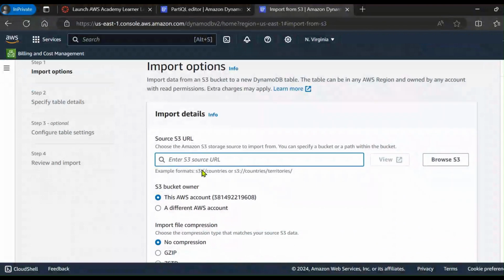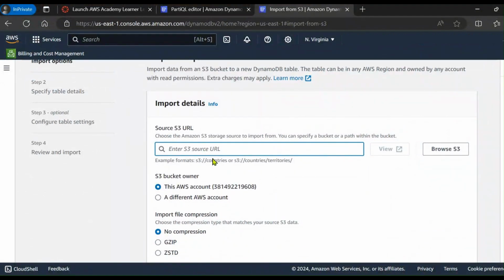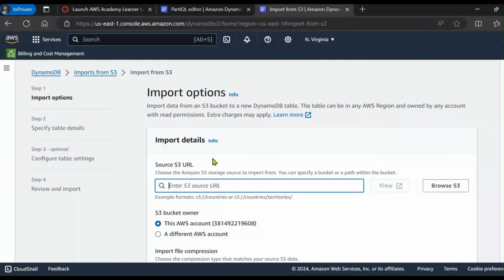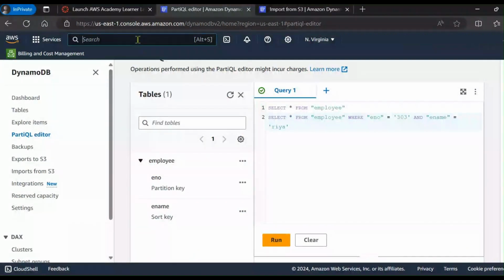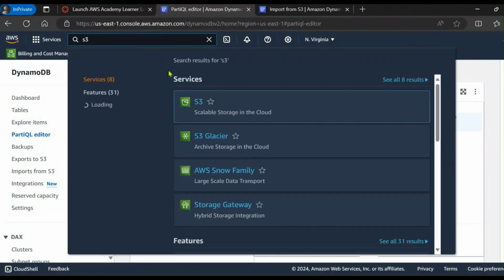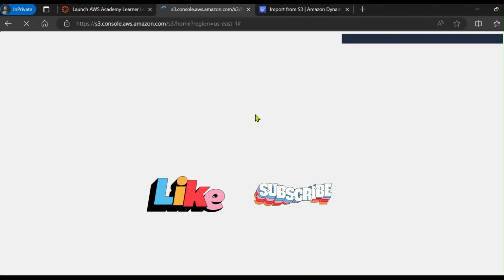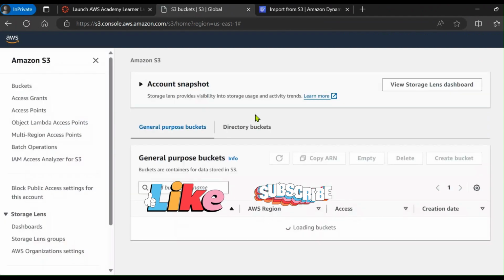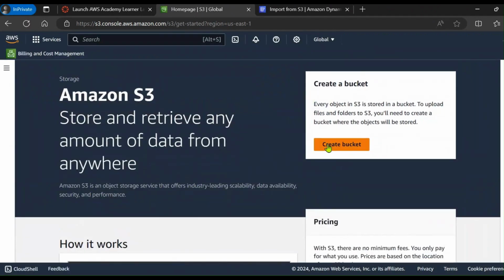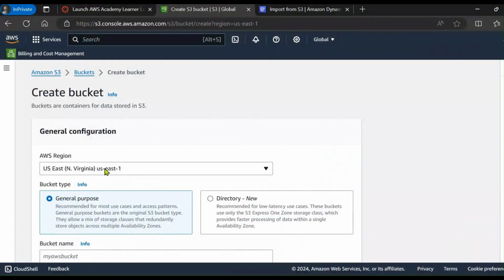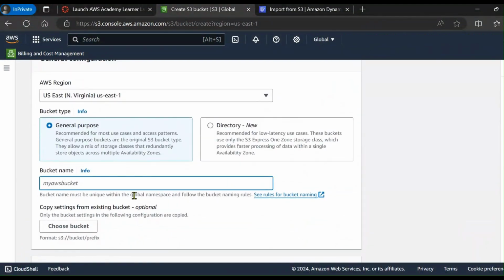So here you need to provide the URL of your bucket where the data is stored. So let's create the bucket first and try to upload some data over the S3 bucket as an object. For this, just go to S3 service. Create bucket. And bucket names are globally unique, so you need to take your own unique name. So this is the name of my bucket